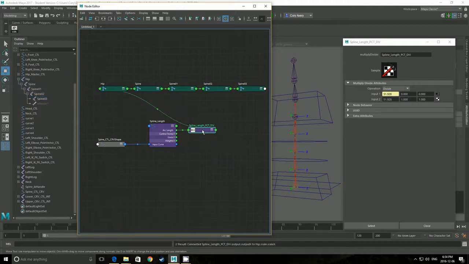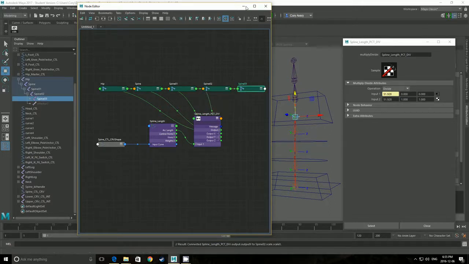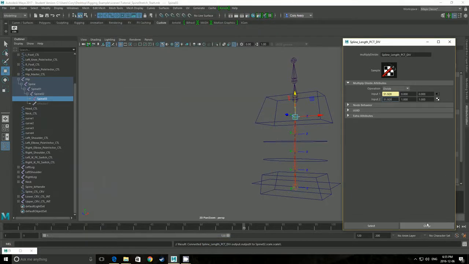Now you may have to open up with the 2 key once you got one plugged in for the multiply divide node to expose the output, and again you're looking for output X, and then you should be able to just daisy chain each of them in. So scale X, and just keep doing that all the way up to spine 2. Scale X, output X, driving scale X, and again you skip the end joint, that one doesn't need it. So now with that done,